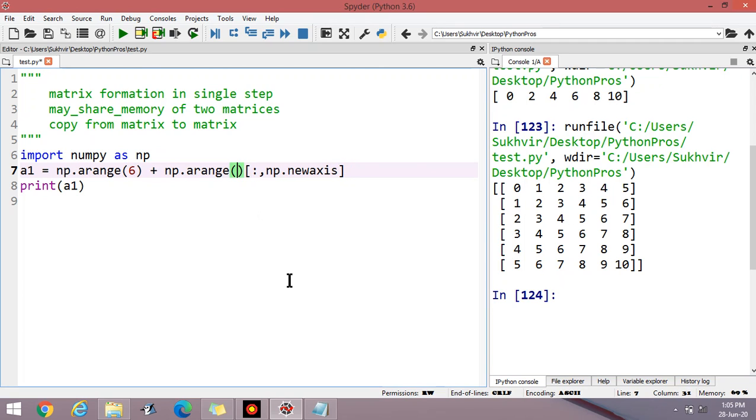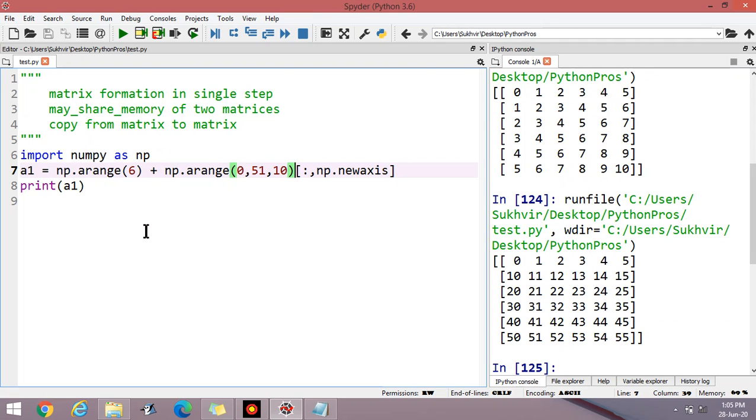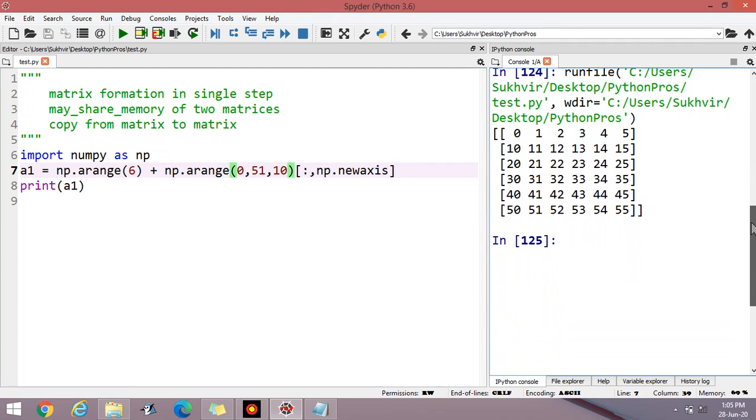Suppose I am writing here, let us change this 0 to 51 and a step of 10. The first value will start from 0, it means 0 to 5. The second value will start from 10, it means 10 to 15. Let us try to understand the output. 0 to 5 means the starting value is 0, the items are 6.